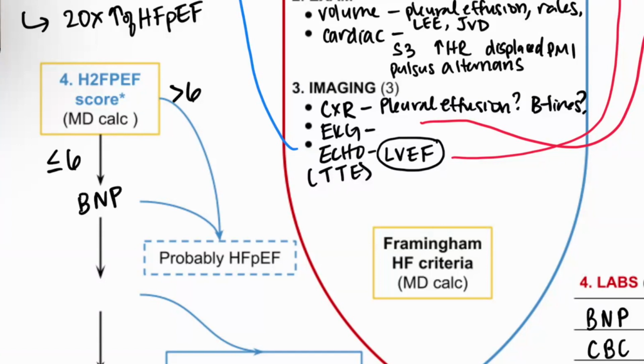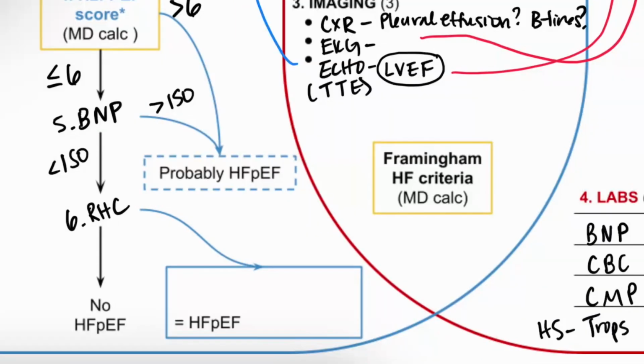Here again, it's the BNP. It's your 5th test. And a BNP of less than 150 is also equivocal, but a BNP greater than 150 makes us land at the probable HFpEF camp again. The other test to do would be a right heart cath or a Swan-Ganz cath. And this is an invasive test, which is why we try to avoid it if possible and get away with these less invasive ways of diagnosing the patients. But if things are equivocal, you might have to end up doing a right heart cath.